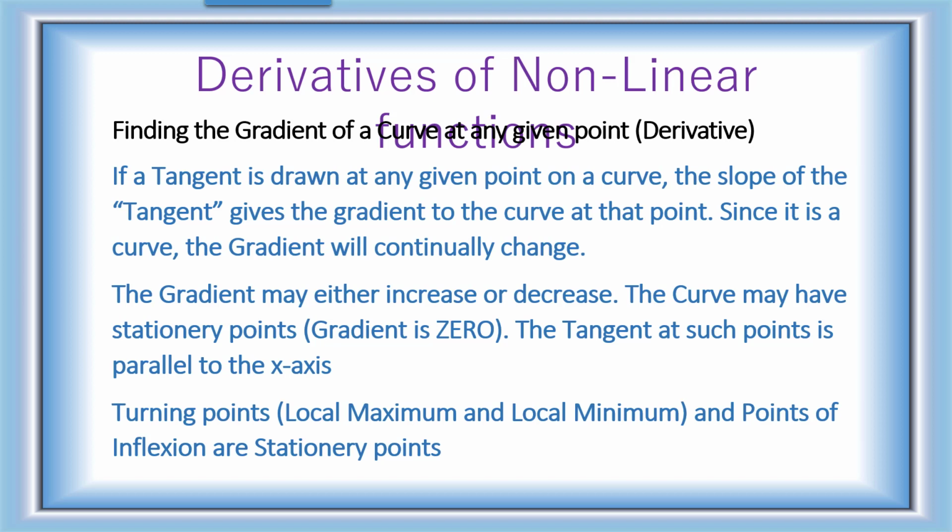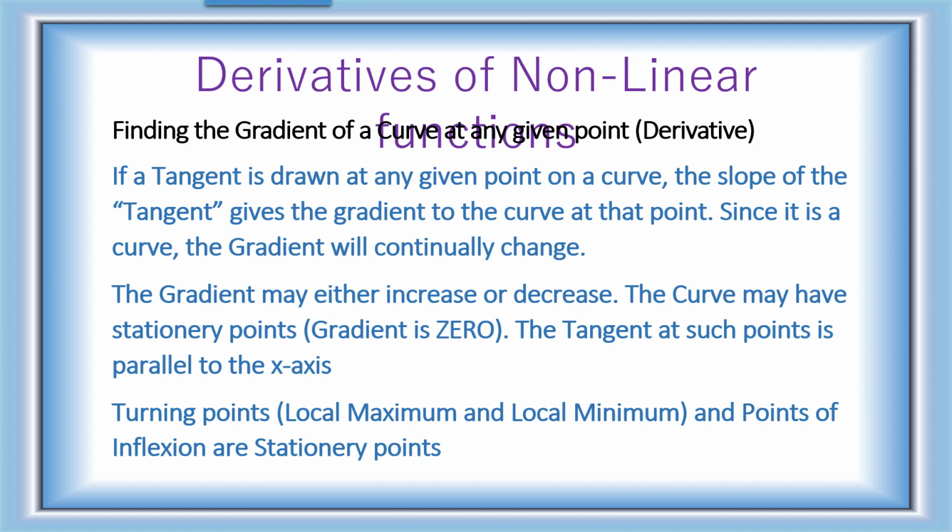I'll just go back a step and say I could estimate the gradient of a curve by drawing a secant, and a secant is a straight line that touches 2 points. After about 2 screens, I will give you a CAS display. So when we look at a function, for instance a quadratic, if I look at the turning point, from the turning point on the right, I could see that the gradient is continuously changing.